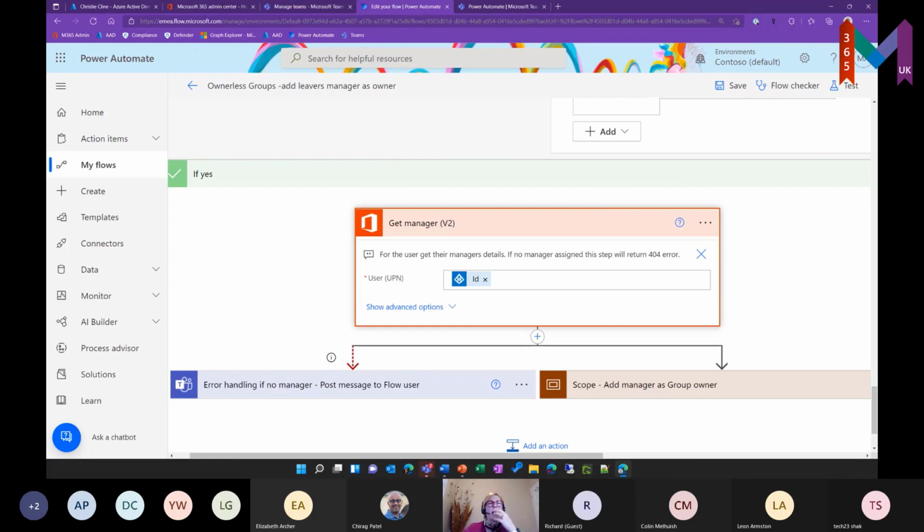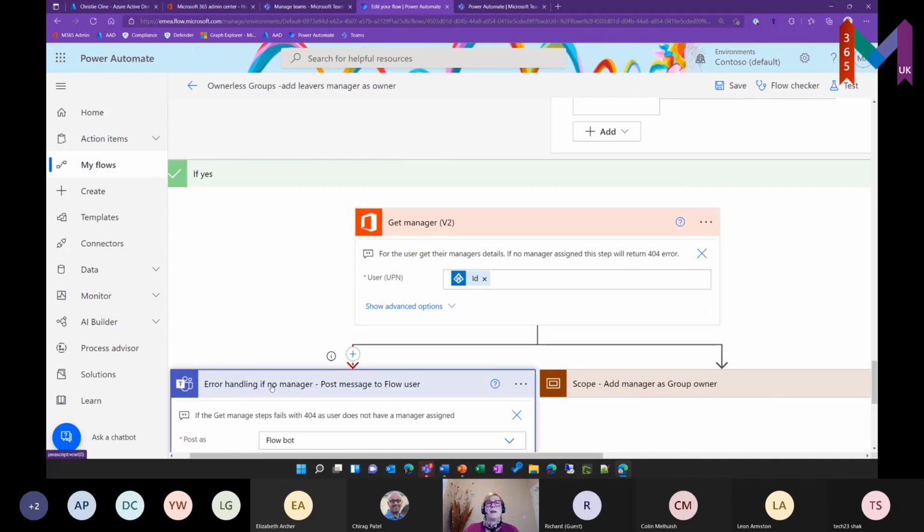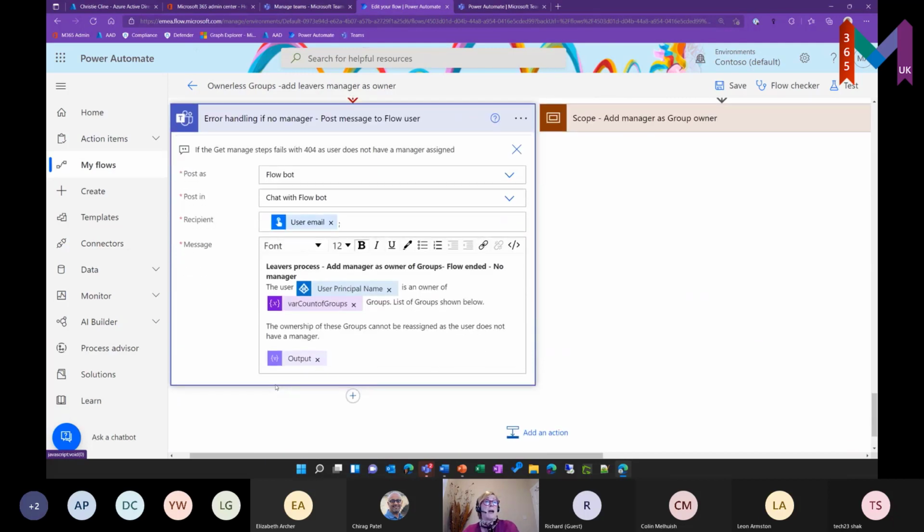So what I've done here is I've added a step in for error handling. What I'm doing is I'm sending a message back to the person who's running the flow to say that the flow has ended, no manager, and to say that the person is owner of so many groups, with the list of the groups. This is the HTML table that we're publishing here. The ownership of these groups cannot be reassigned. So in that scenario, you would have to have some form of backup process, because there's no direct manager. It's either go and populate the manager field and rerun it, or have some other alternative process to try and reassign